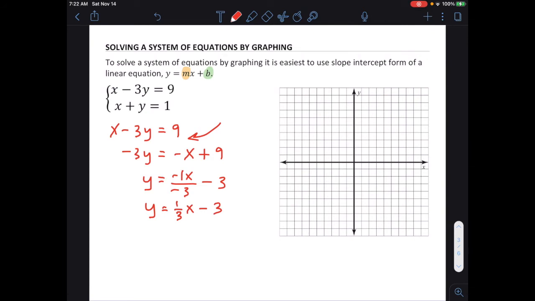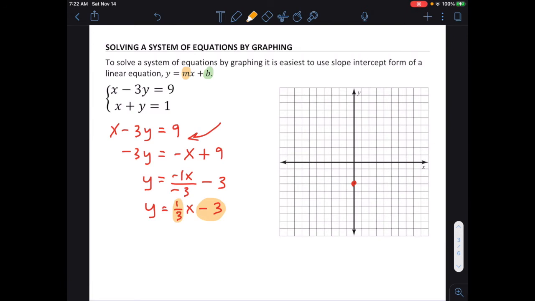And so then I can go ahead and graph this by first plotting my y-intercept. So my y-intercept is -3, so I'm going to go down to -3 and make a point. And then I'm going to use my slope. My slope is